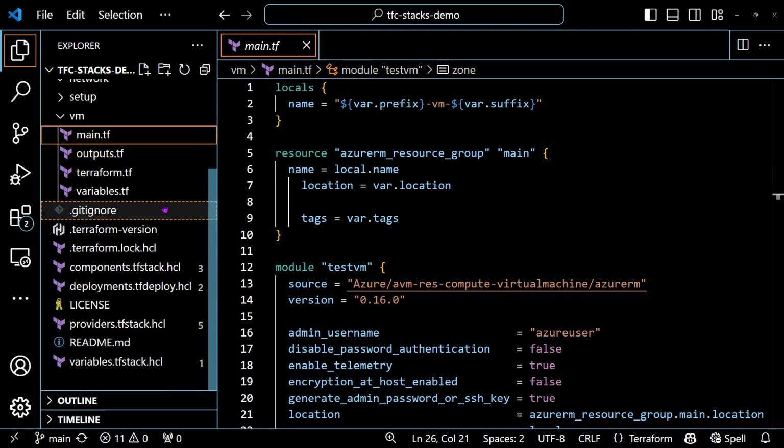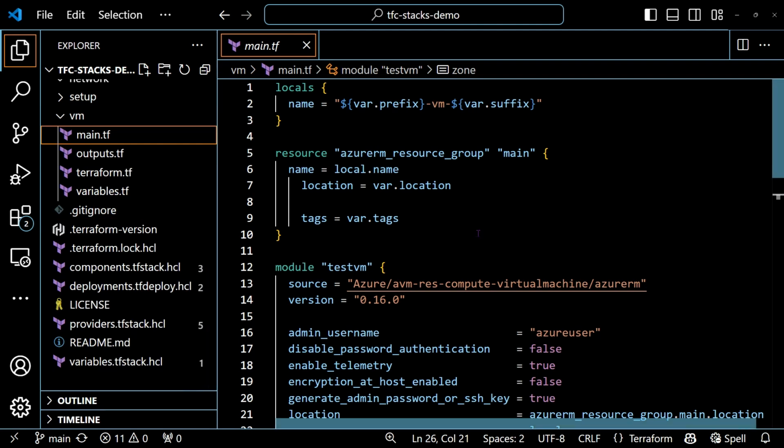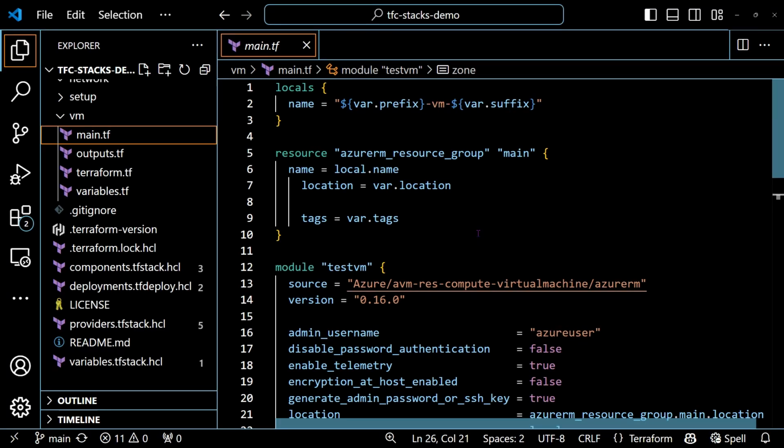Now let's look at some other files that I have in the top level of this directory that also end in .tfstack.hcl. So in the same way that Terraform will take all the .tf files in the working directory and put them together into a single configuration, you can also define your stack in separate files, and it will put all of those stack items together into a single unified stack as long as they all end in .tfstack.hcl. Looking at the other files I have in here, I have a